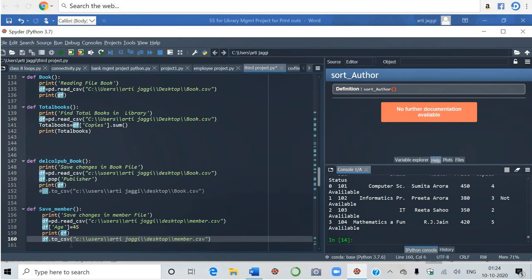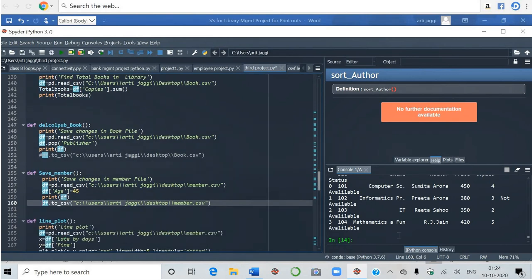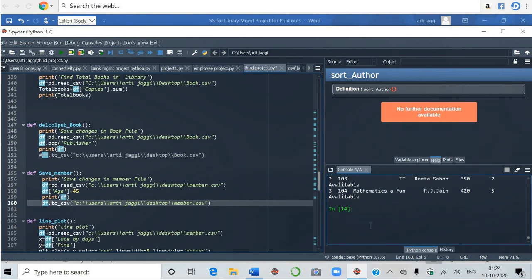See, df.to_csv means whenever we have to save or to write in a CSV file, we have to use this function. You are saving in the member.csv file with to_csv. Read is for reading or accessing the data from the CSV file, and to_csv is for saving in it. Okay, now this was option 13.